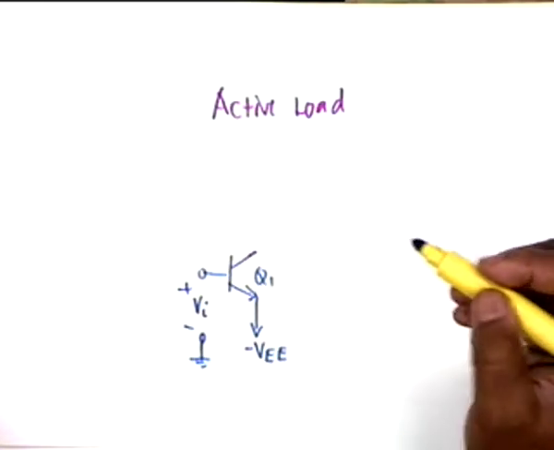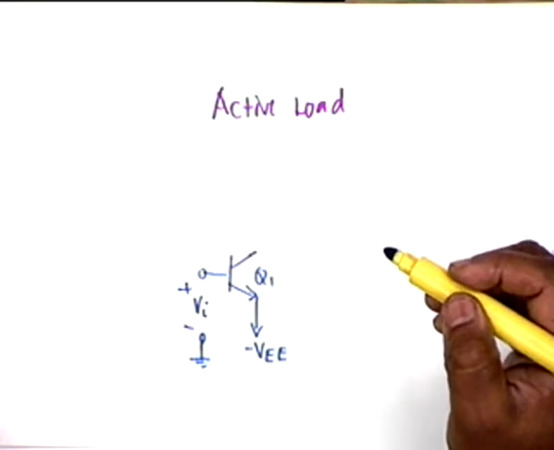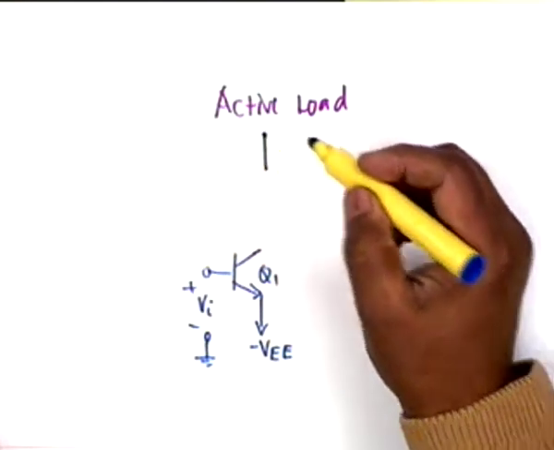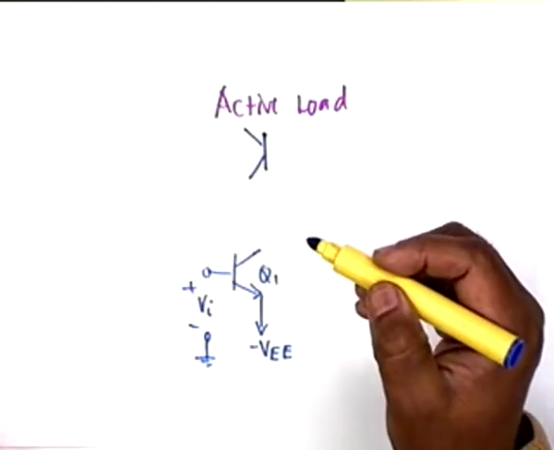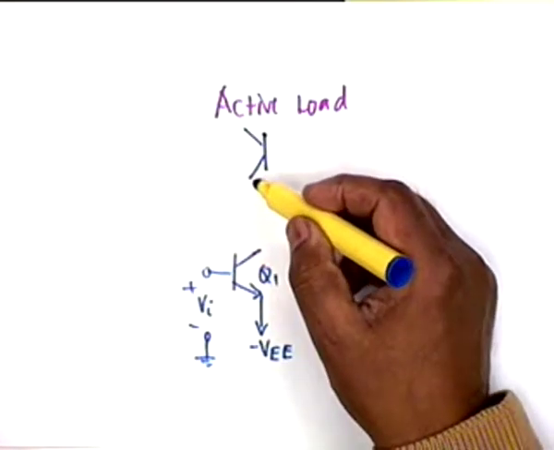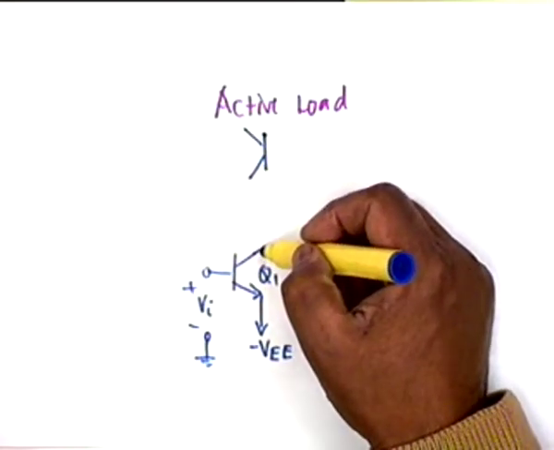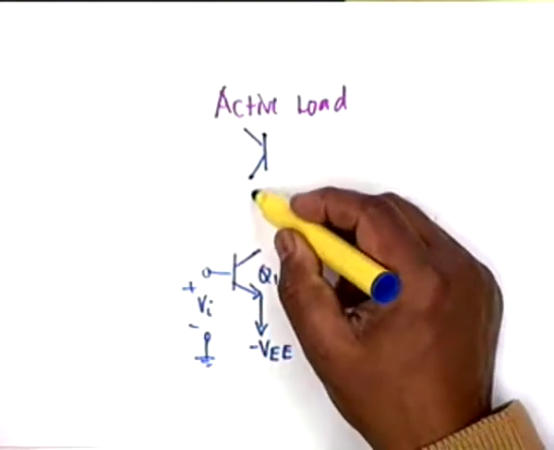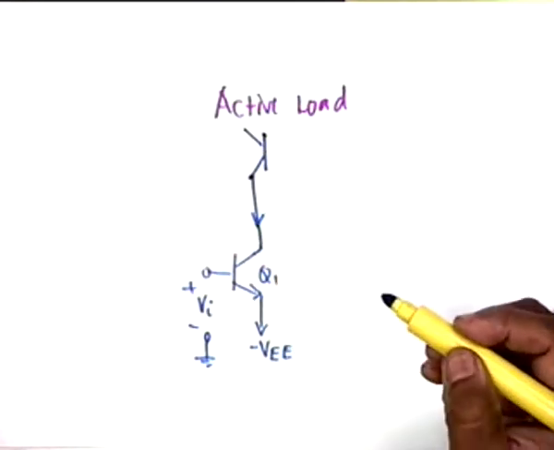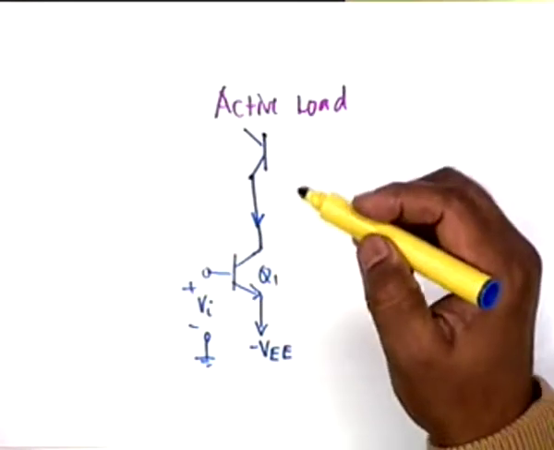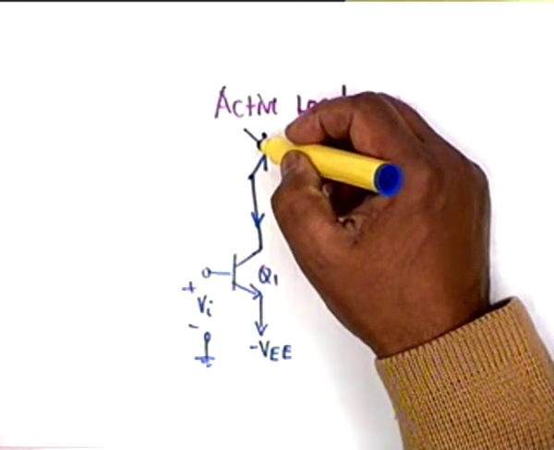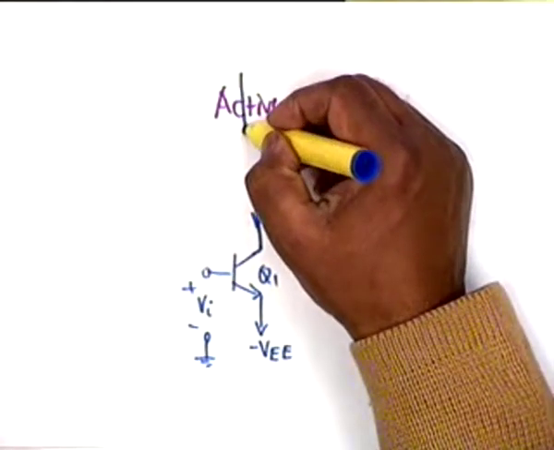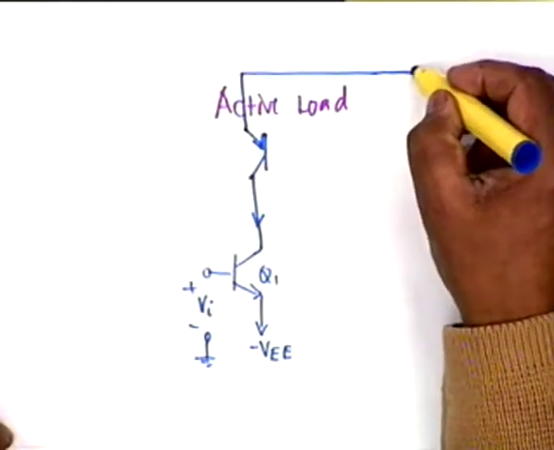What we want to do is, instead of R sub C, we want to use a current mirror. So we have to have a transistor whose collector current would be the same as the current of Q1. Okay, now Q1 is an NPN transistor, so its collector current flows like this, and if it is to flow like this, then obviously this transistor cannot be NPN, it must be PNP. Okay, that's the first point we notice, and this will naturally go to plus VCC.